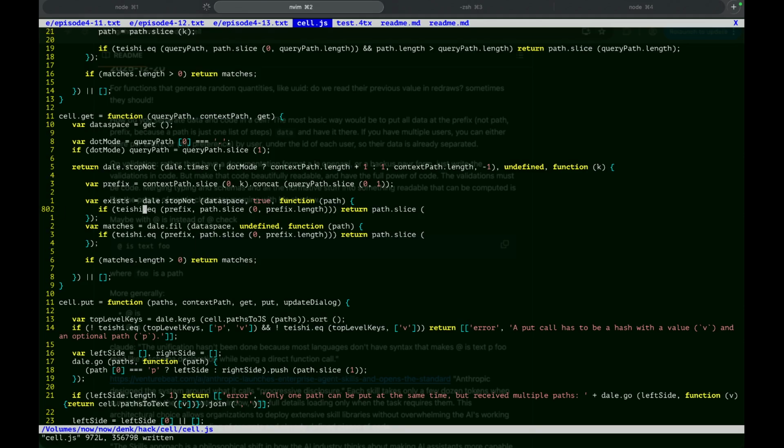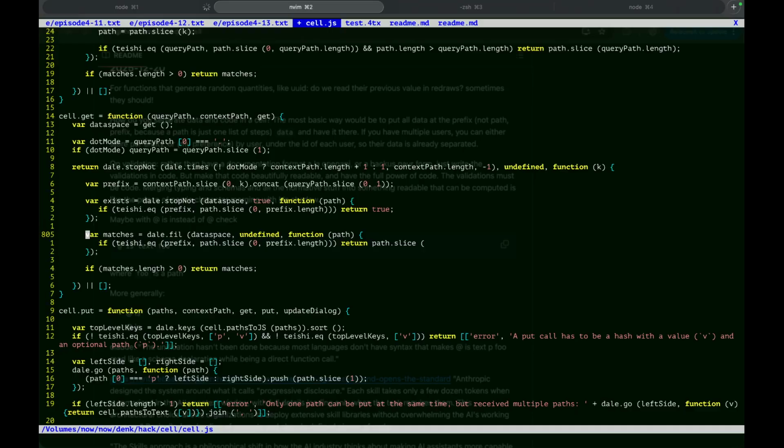So if this happens, this prefix exists, and then you can actually take